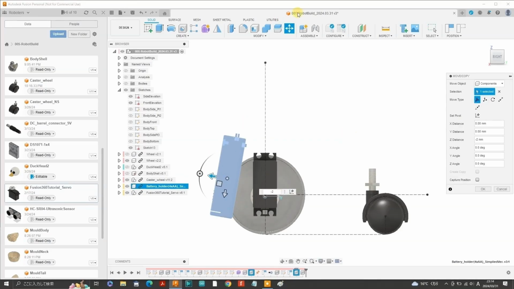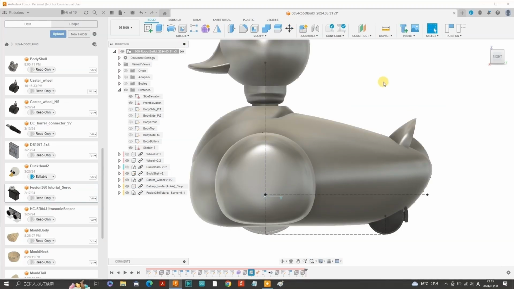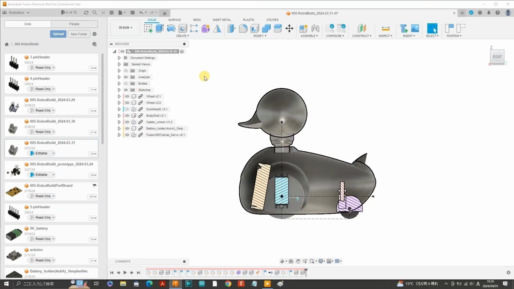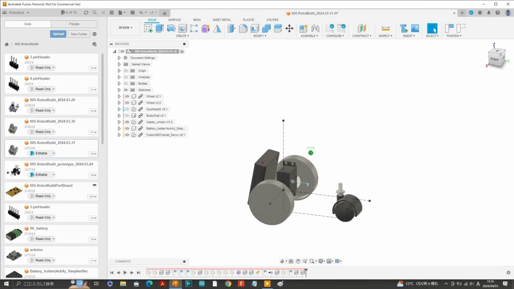There's actually a more pressing issue, and that is the switch needs to be externally accessible in order to actually switch on the robot. So I will need to move the battery holder from this present location. Before I go on to that though, I think I will attach the servo to one of the wheels.